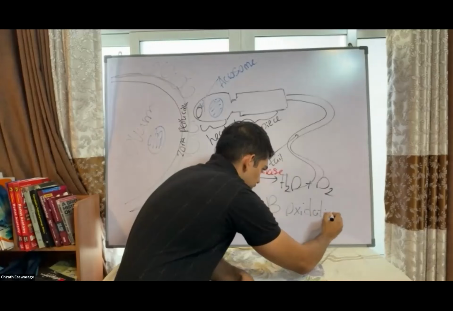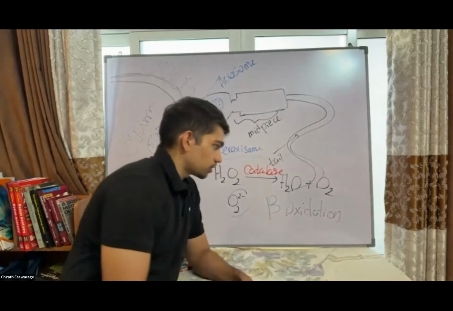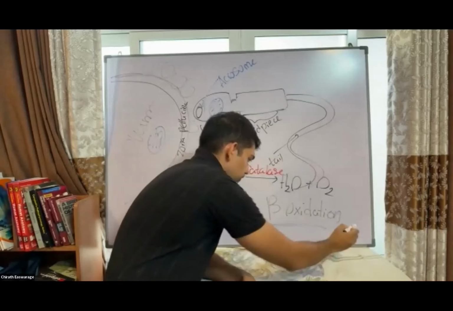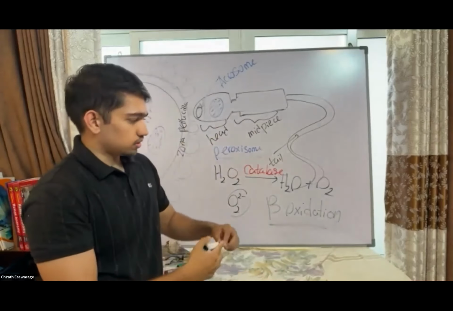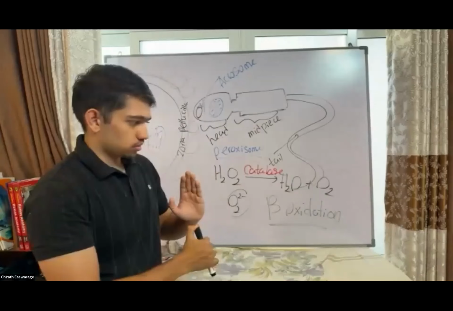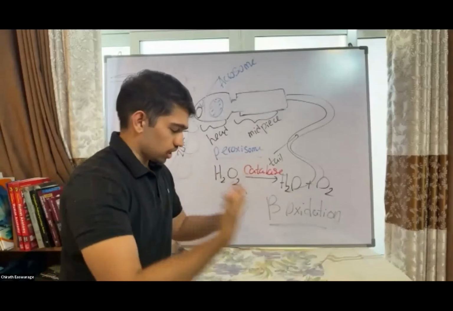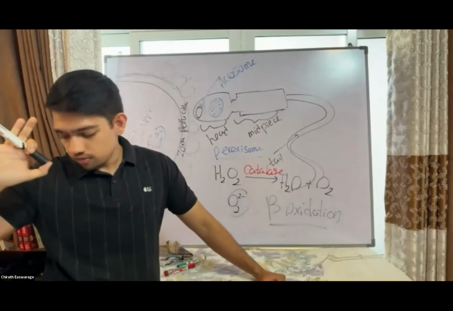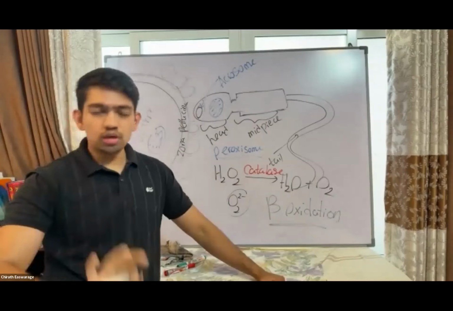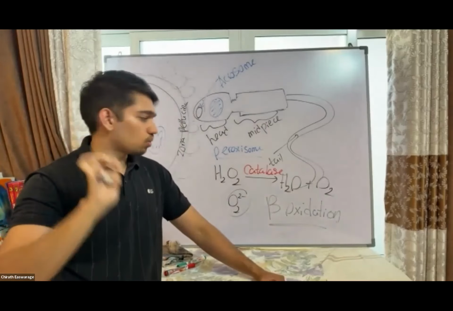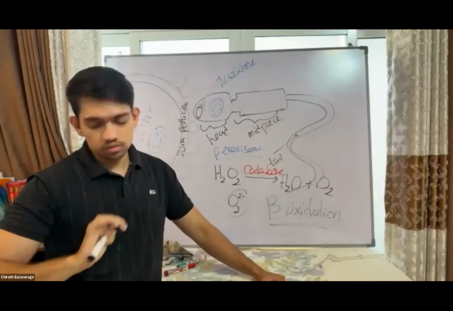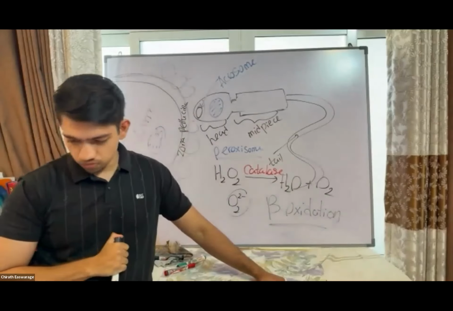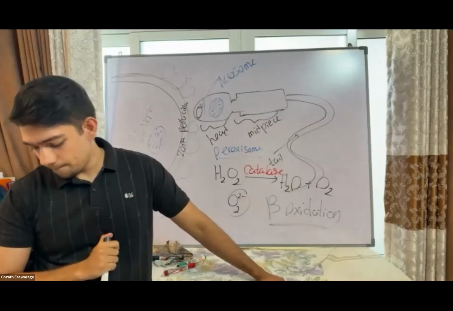This actually happens in our body as well when we are using fatty acids to get energy. But we don't have glyoxysomes. It's an oxidizing process that is going to convert fatty acids into sugars. Very, very important. Glyoxysomes are only found in